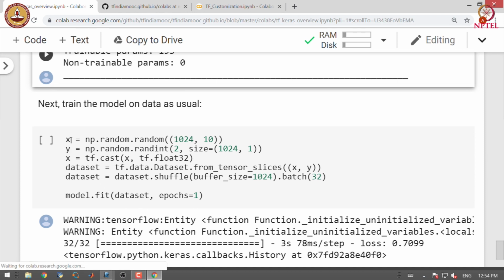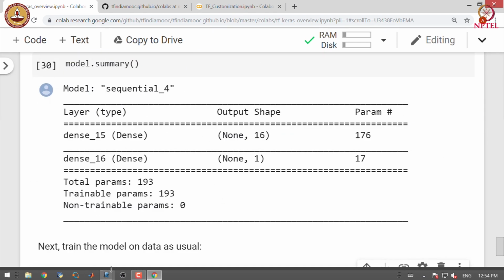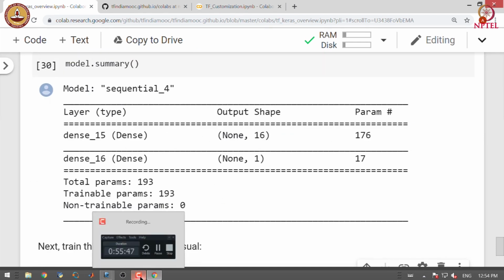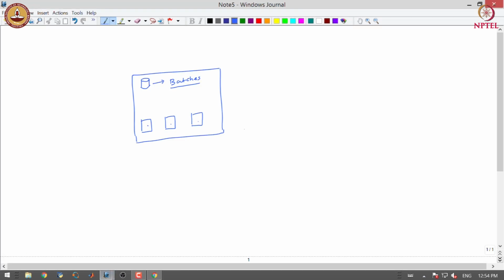When model.fit is called, internally the data is copied onto multiple GPUs and training is carried out on them, and then the output is combined from the GPUs to come up with the weight update. This is how we can train a machine learning model in a multi-GPU setting.